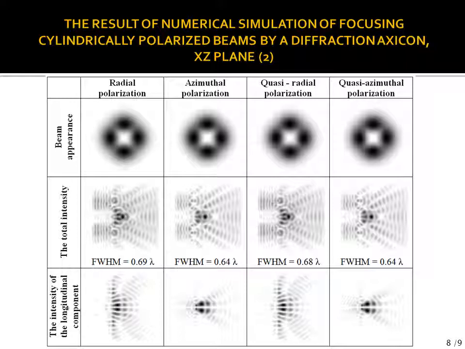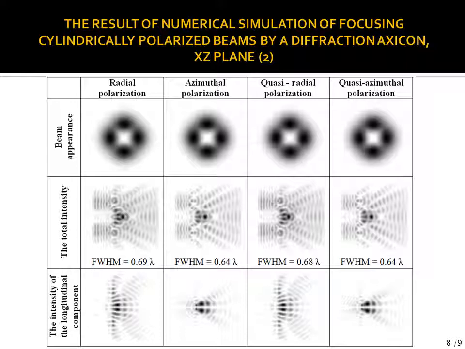But the focal spot is wider in this case. Expectedly, the full width at half maximum is equal to 0.55 lambda, and the other full width at half maximum is equal to